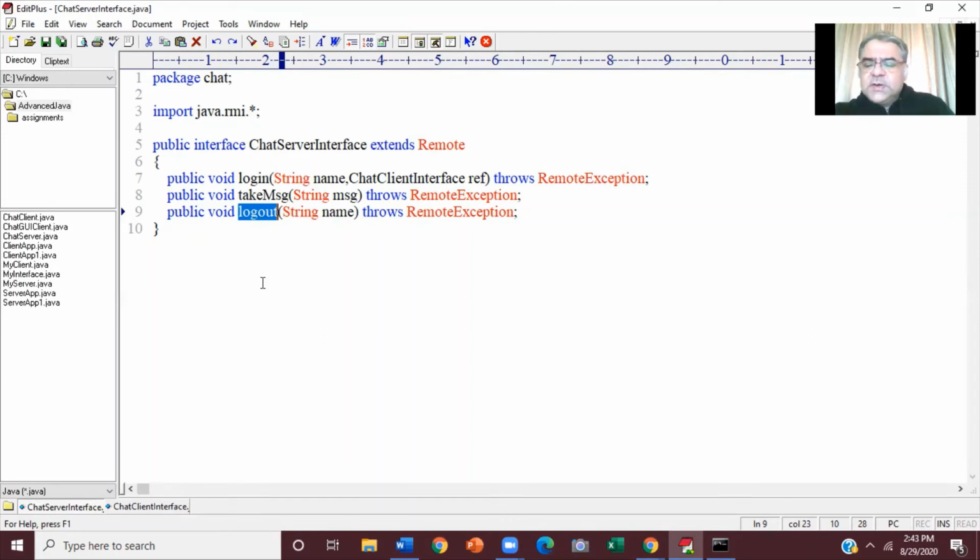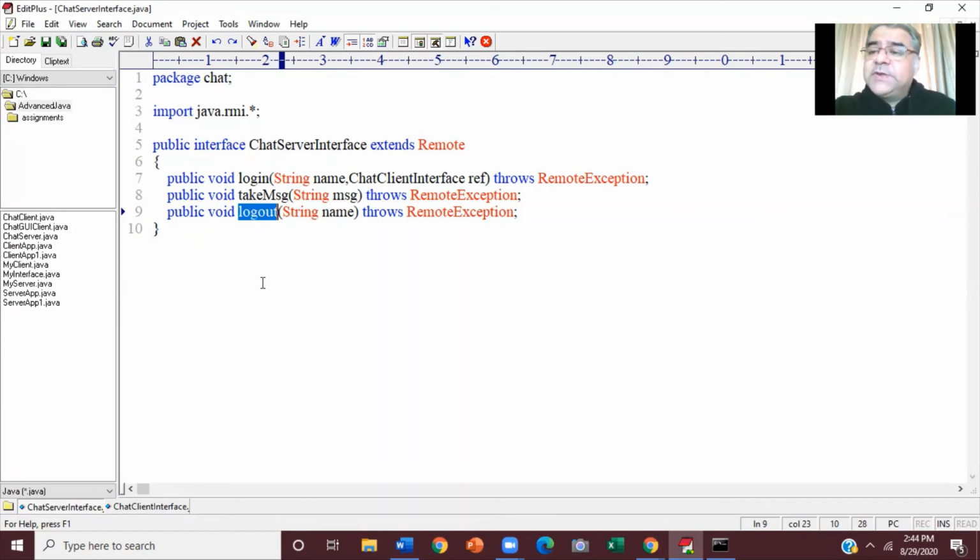But the question is, are we going to call that take message directly on the client? No. We are going to call it on client stub. We are not going to call take message directly on the client. We are going to call it on client stub. And where have we kept that client stub on the server side?